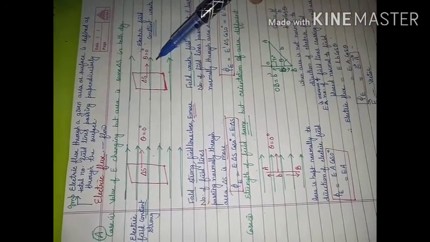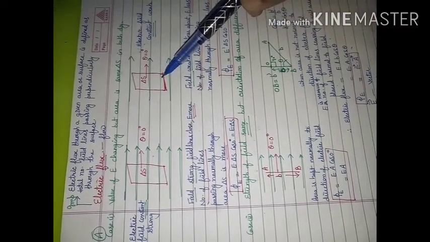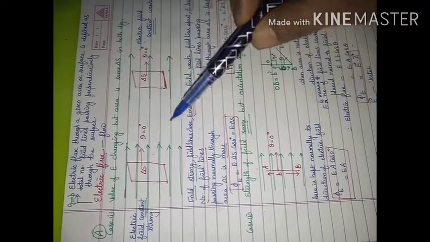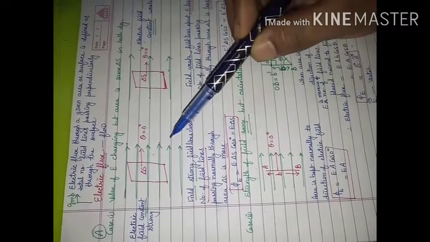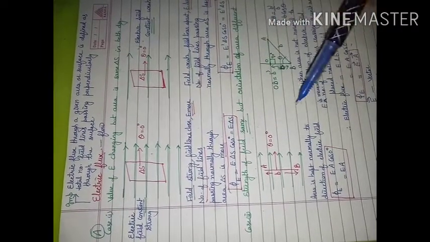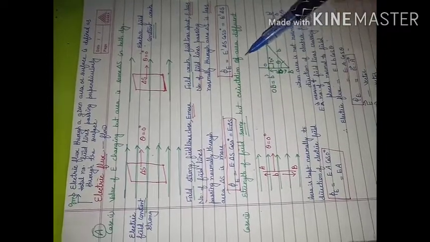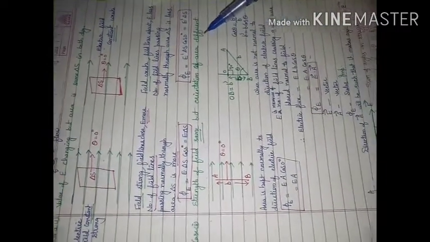This is the case when we have changed the value of electric field intensity, but the position of the area we have kept normal to the direction of electric field intensity. Let us consider second case. Field we have uniform, but we are changing the position of the area